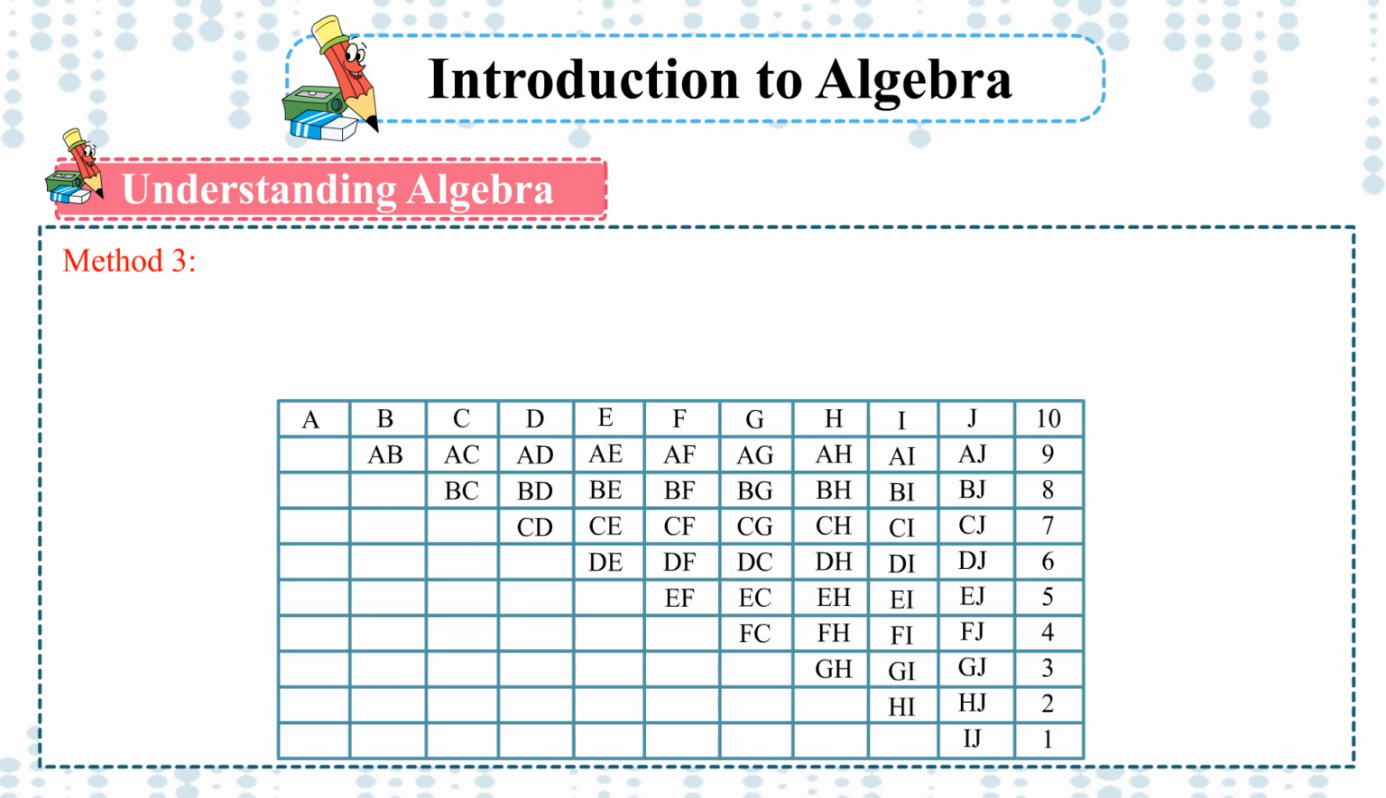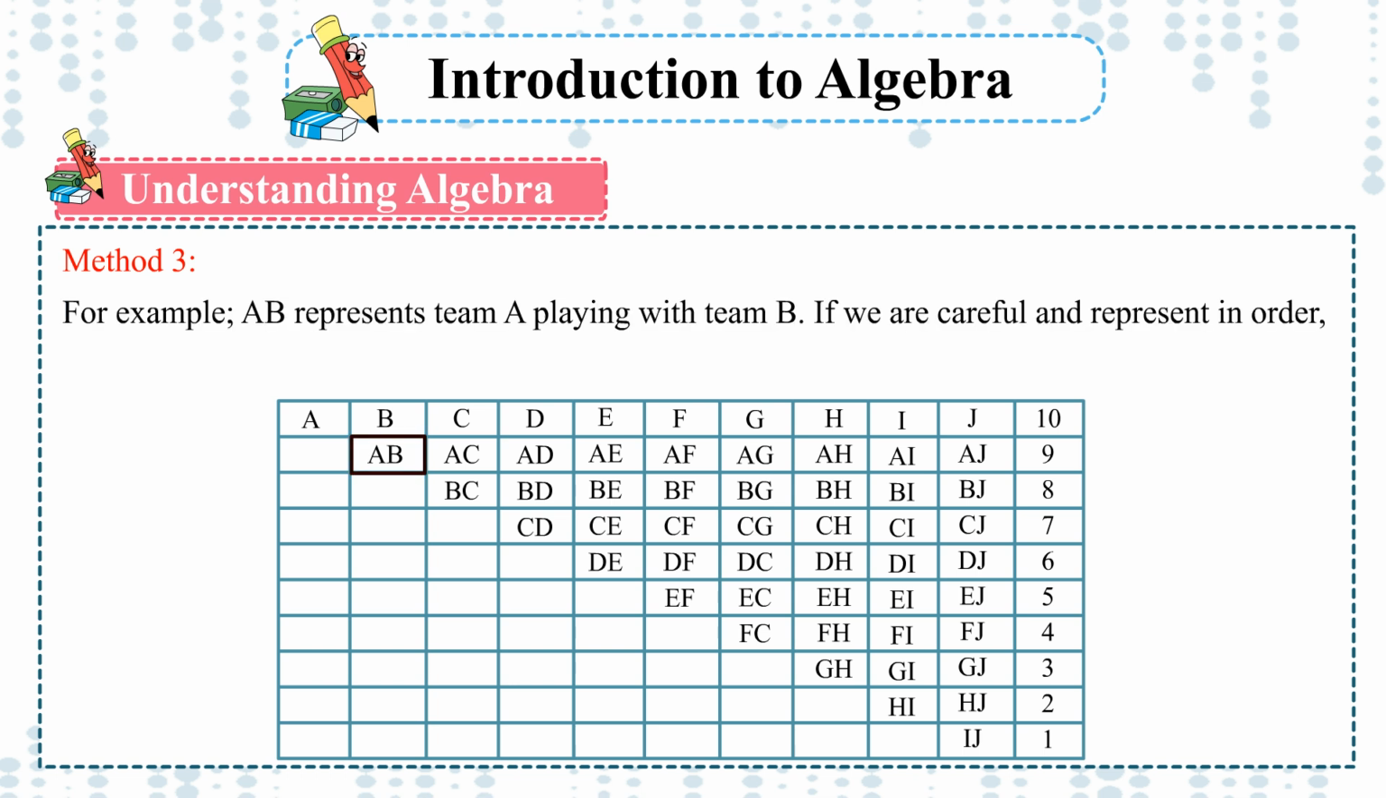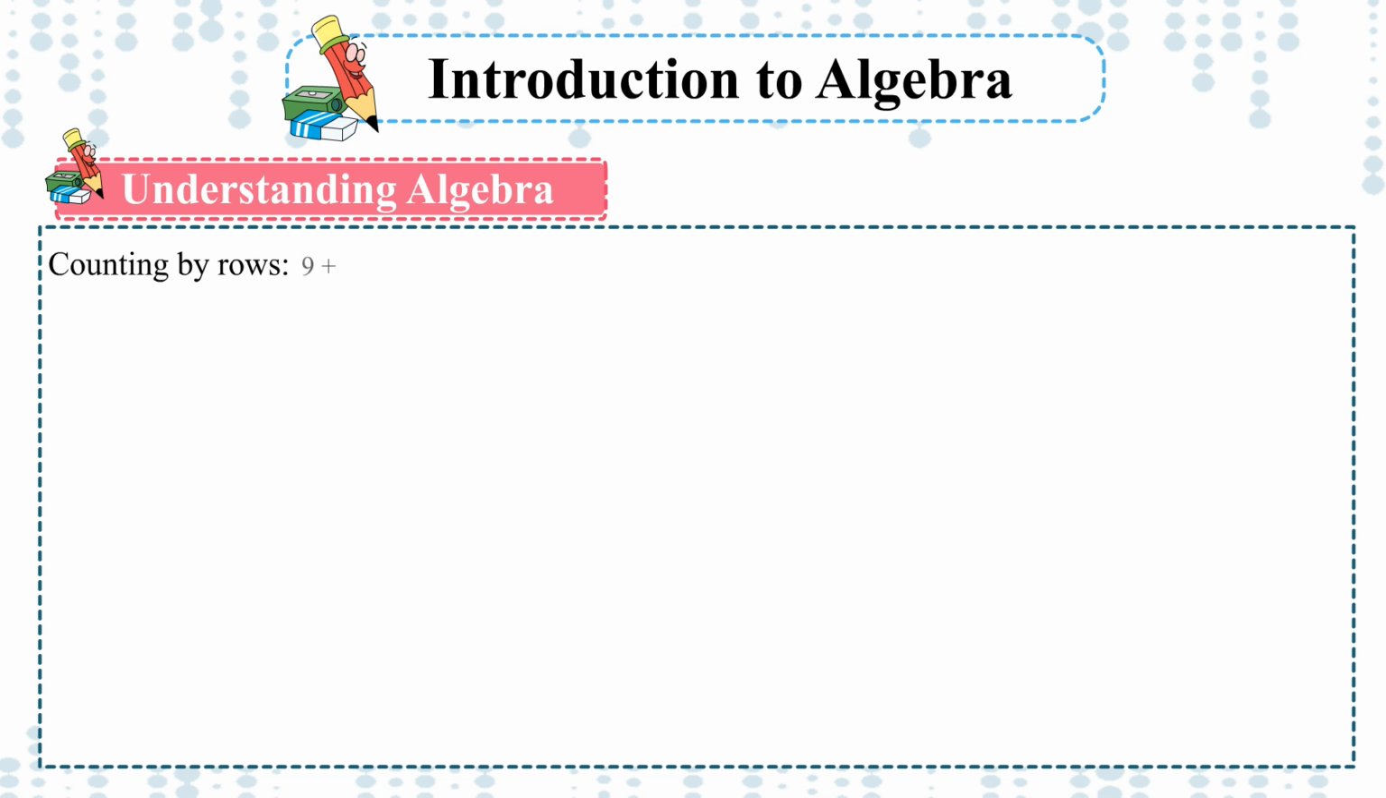Method 3. We can use a model for the games. Call the 10 teams A, B, C, D, E, F, G, H, I, and J. Each game will be represented by a pair of letters. For example, AB represents team A playing with team B. If we are careful and represent in order, then we should not miss any. Counting by rows: 9 plus 8 plus 7 plus 6 plus 5 plus 4 plus 3 plus 2 plus 1